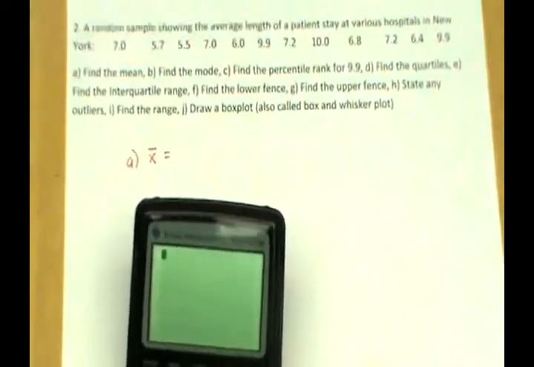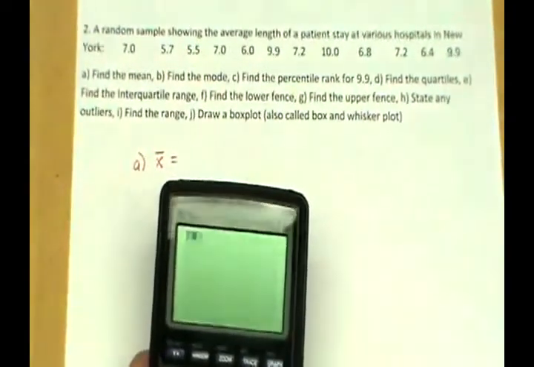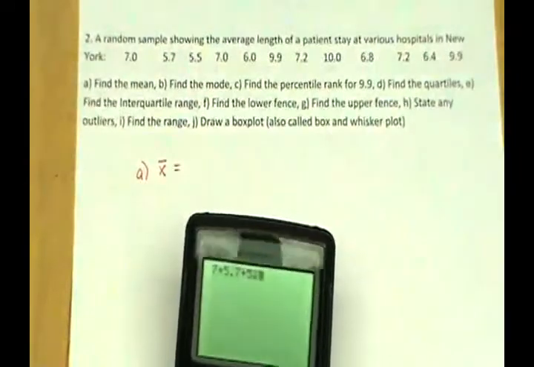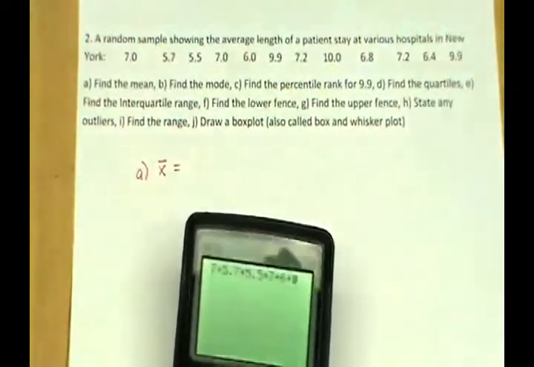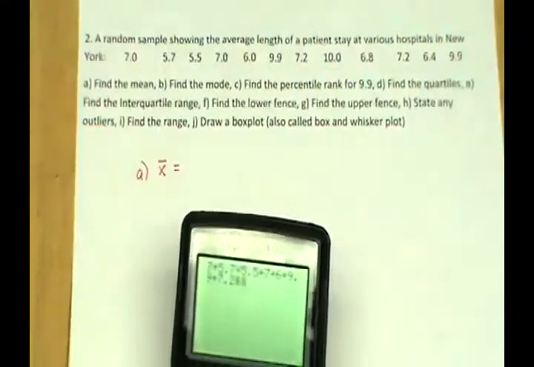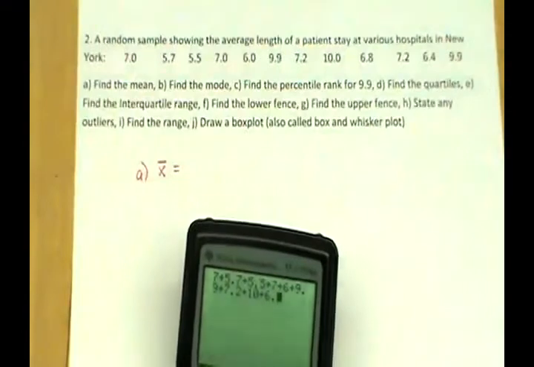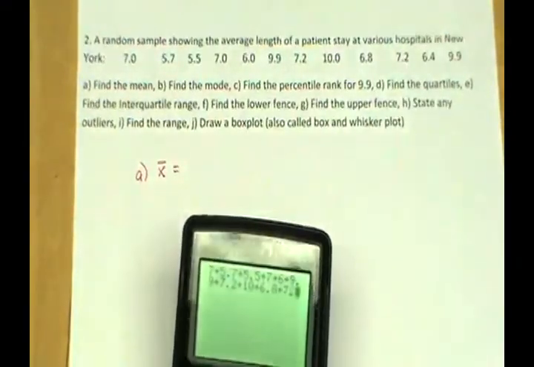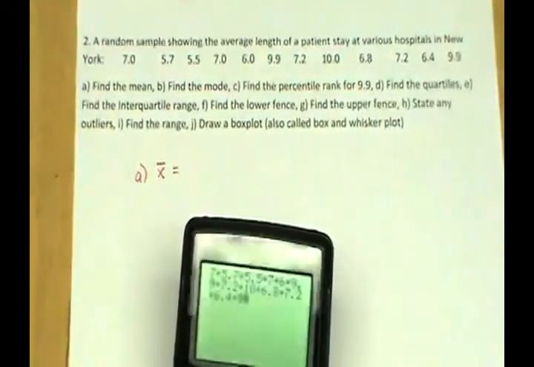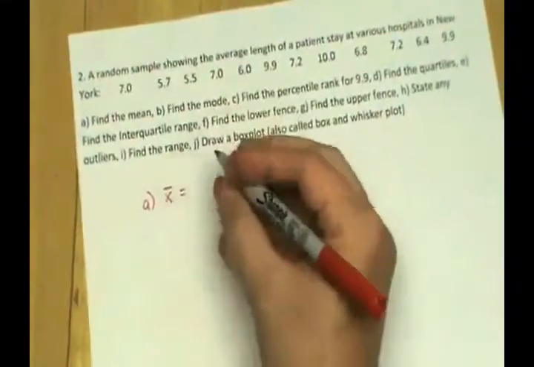Okay, if we add them all up, let me do that again, I apologize. So 7 plus 5.7 plus 5.5 plus 7 plus 6 plus 9.9 plus 7.2 plus 10 plus 6.8 plus 7.2 plus 6.4 plus 9.9. I apologize, I'm trying to look over my calculator to get all the numbers right. Okay, so we're looking at 88.6,